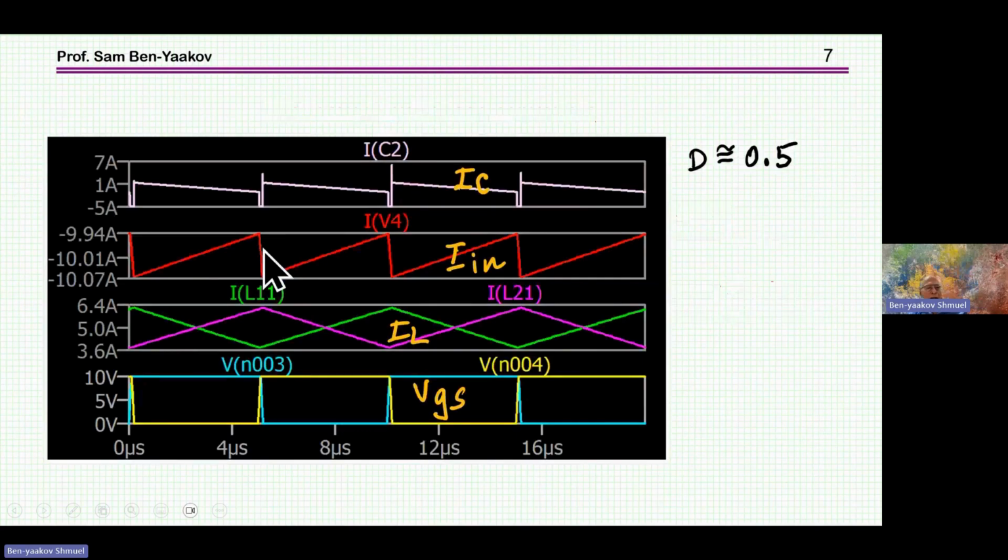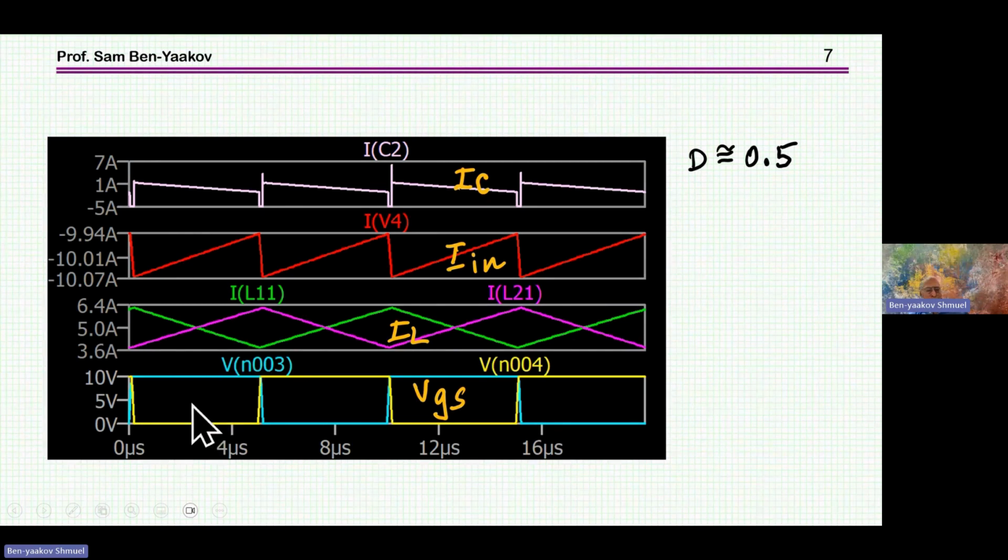So here I'm showing a simulation of a system like that. Here are the gate drives. This is for a duty cycle of 0.5. These are the gate drives. It's about 50% due to the rise and fall time. It's not exactly 50%. But what we see here very clearly is that the ripples are in opposite directions, because when